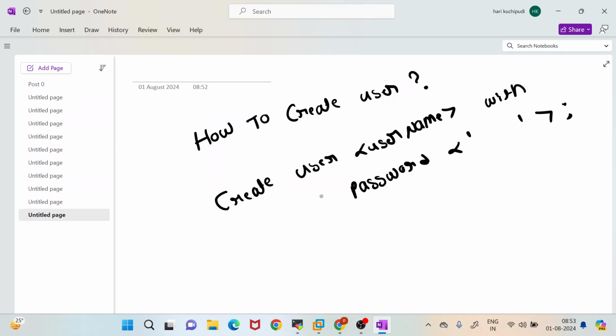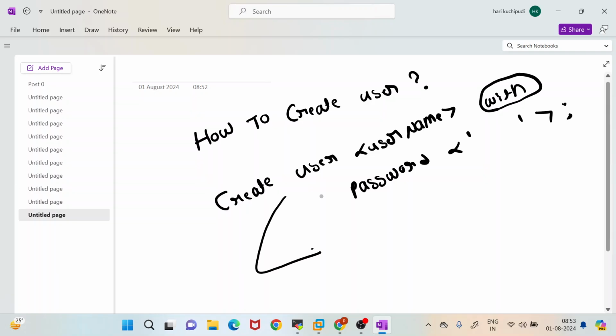You need to give the WITH clause, followed by a list of attributes and privileges that you want to give. What are the defaults that you will get? Whenever you create a user using this statement, the default options the user will get are no create db, no create user,